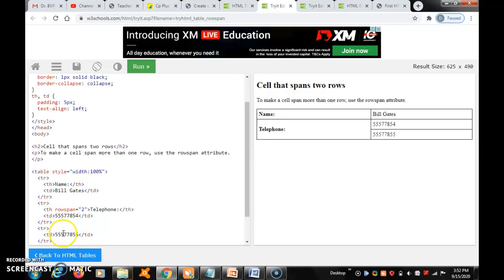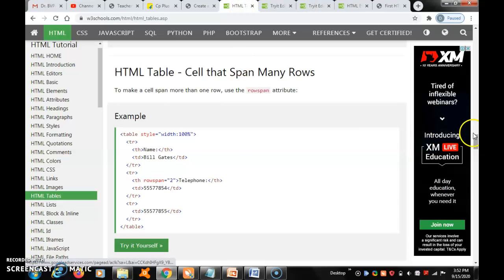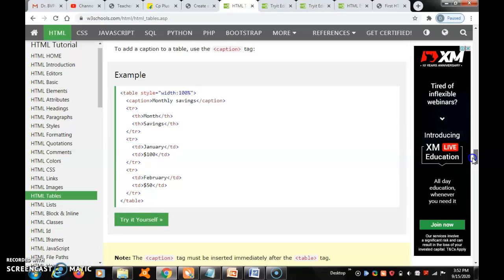Within the TR itself you have to maintain another number, that's all, the row span. Here the table starts from here and ends down here. Body also. So here, add caption. You have to add the caption. These are the different tables.